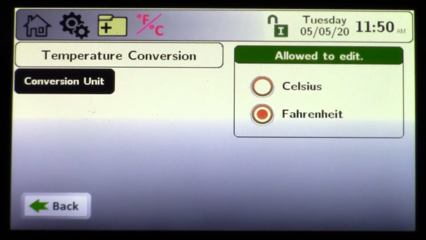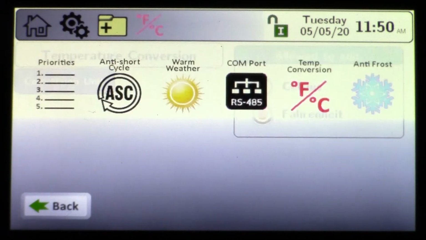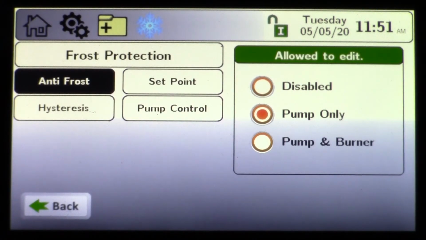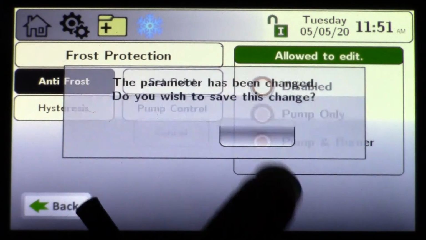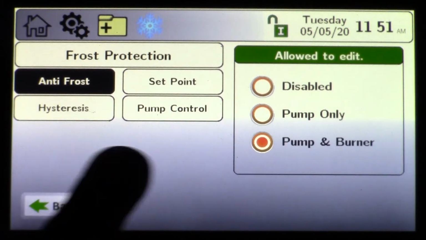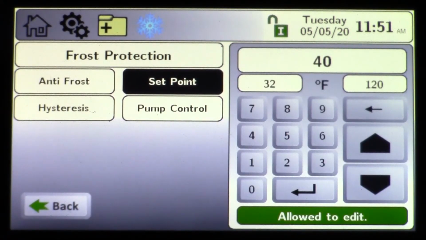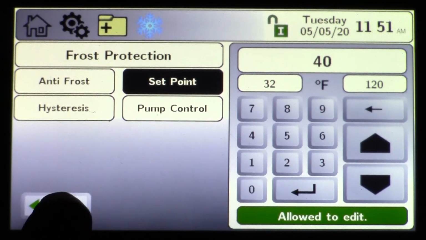Temperature units, this is where you can get in and choose Celsius or Fahrenheit, so whatever your needs are. And anti-frost, so this is kind of unique. Anti-frost protection is to protect the heat exchanger, and you can use pumps and burners. In this example, if we give it a set point, it's defaulted for 40 degrees. So we have an inlet sensor and an outlet sensor on the boiler. If those were to reach 40 degrees, they would actually attempt to fire the boiler,